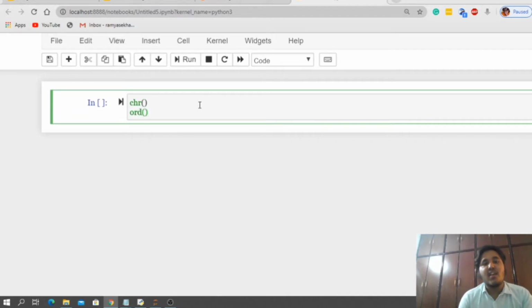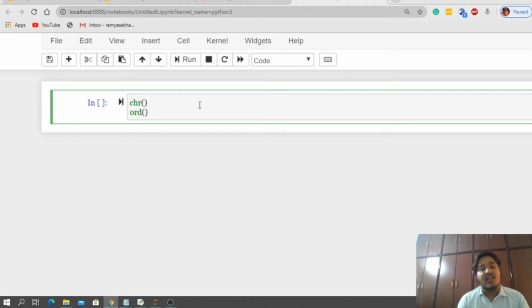What is the functionality of ORD? These play a vital role while we are comparing two strings, because we are applying the relational operators on two strings. So here we need to compare character by character, and for that we need to know the Unicode of each character.